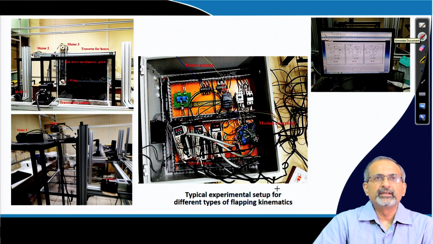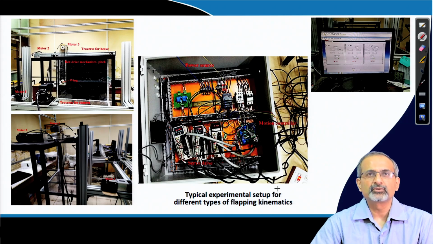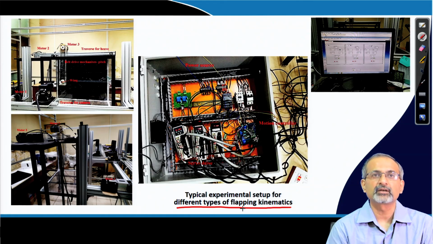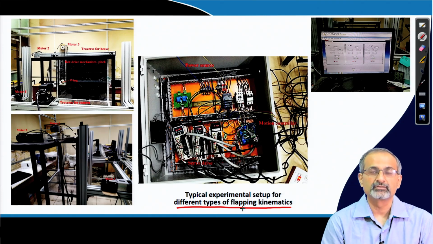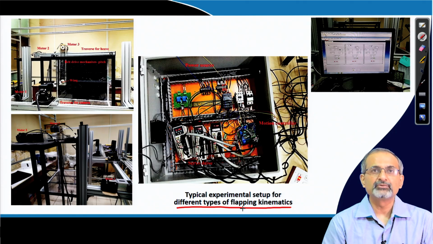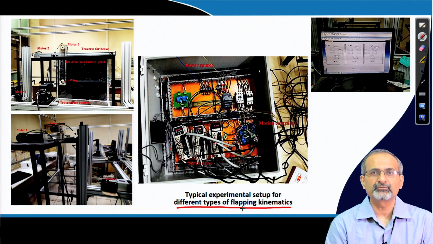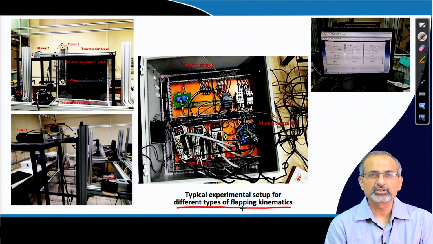Here you see some more details of the setup where we are trying to convey that if you want to make this setup more flexible, where you can accommodate different types of flapping kinematics, and you want to study different kinds of motion modes of moving boundary problems, then you have to elaborate your setup further and further. And in order to have more control over the kinematics, you will have to have a suitable arrangement for creating the desired motions and controlling them appropriately based on computer based control systems.